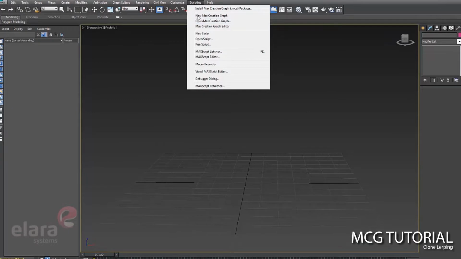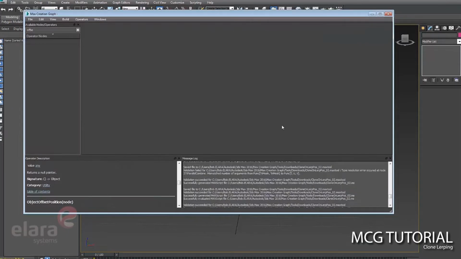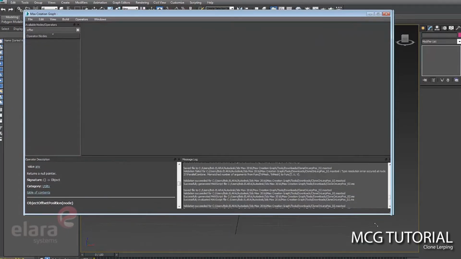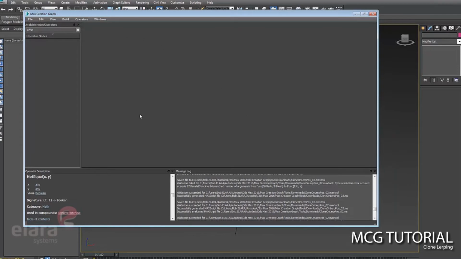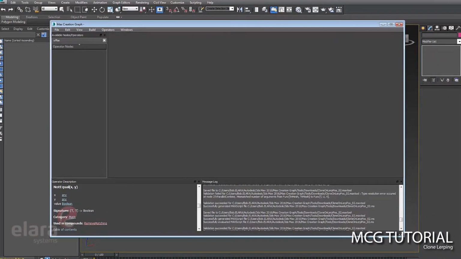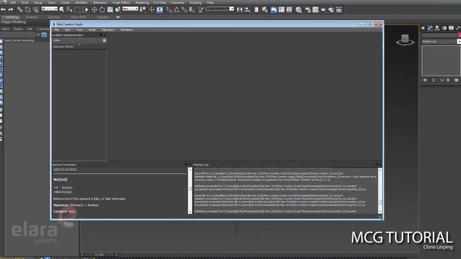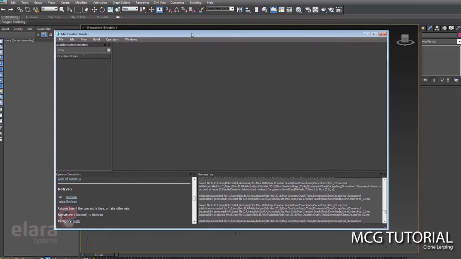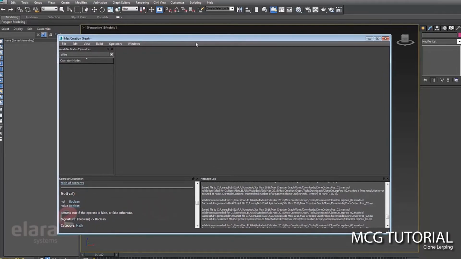You'll see this new scripting panel. You can pop open this window here, and really this is a little node-based editor where you can build modifiers or all kinds of cool stuff. People compare it to ICE. It's not ICE, but it potentially could do a lot of the same things and more down the line, but this is the first release and you can already do some really cool stuff with it.